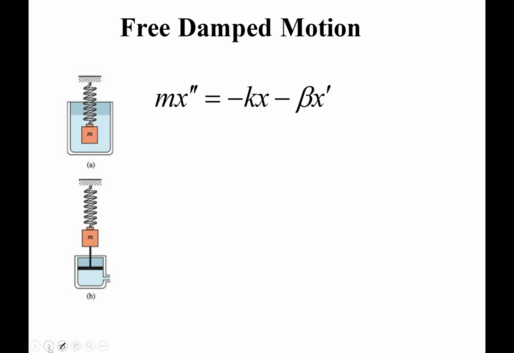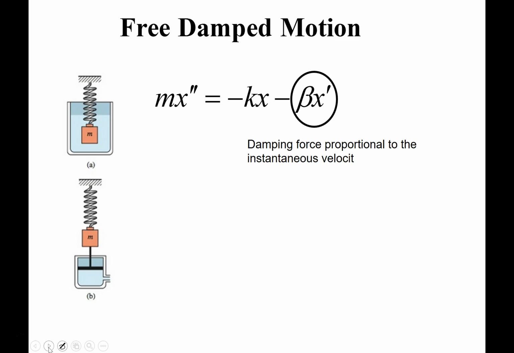Once again, this is still behind the scenes Newton's law, m times a, right? Mass times acceleration. And now the sum of the forces will be the minus kx, and now minus beta times x prime. Okay, what's this beta about? It's about the constant of proportionality for the damping force. This damping force is proportional to the instantaneous velocity,